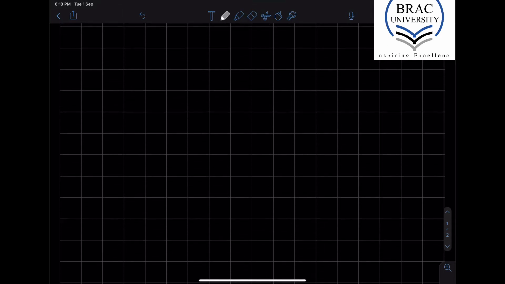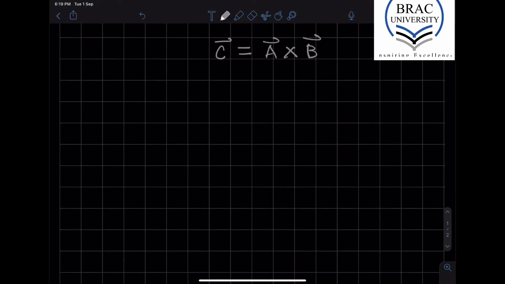So suppose we have two vectors, A and B. Then the cross product of these two vectors is denoted as A cross B. So this is the notation. So what does it mean? To see what it means,